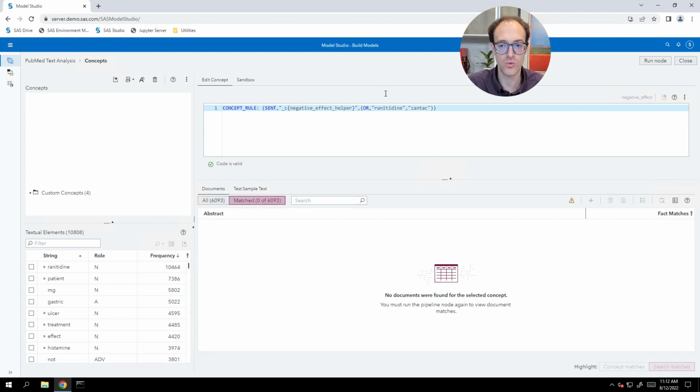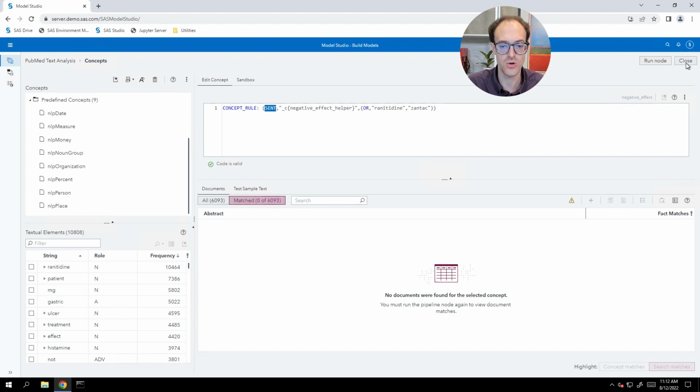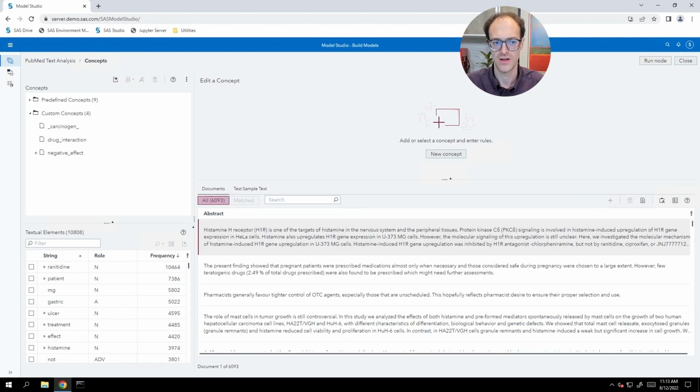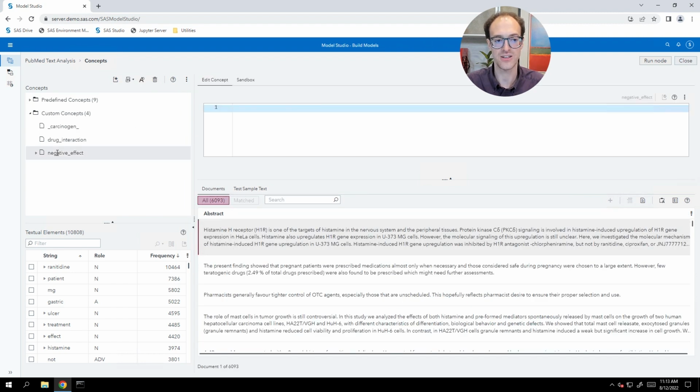Now that we've built all of our rules, let's go ahead and close our node. Now that we've created our negative effect concept rule, along with our negative effect helper subconcept, let's run this node to look for matches. So we'll click Run Node in the top right here.